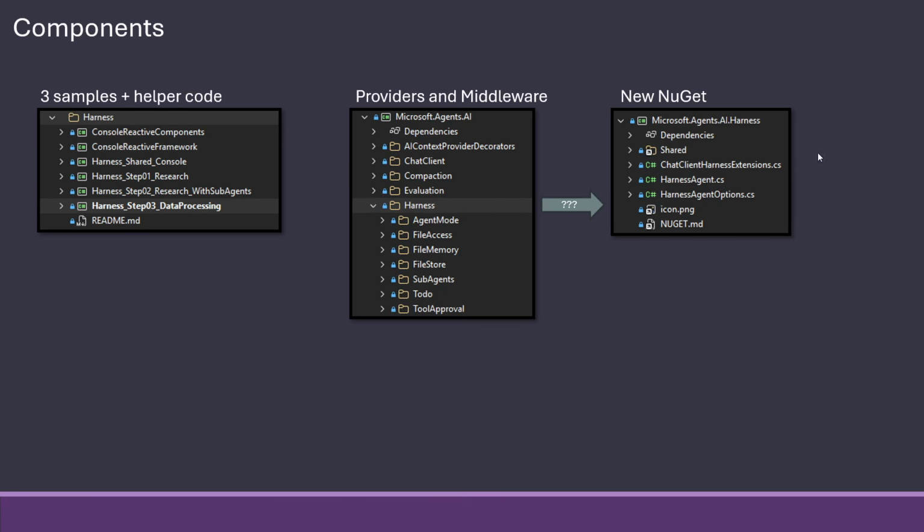And then there's a new NuGet package itself, which is Microsoft Agents AI Harness, where we have something called a harness agent and some options for that. And I'm finding it a bit strange that harness is both in the raw package and has its own package. So I don't really understand why this code is inside here and not in the harness package, because that's where it belongs in my opinion, but I don't have the insight into what this is about. But let's go in and see this.